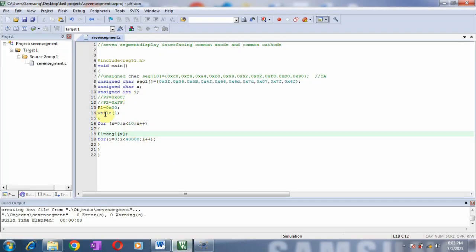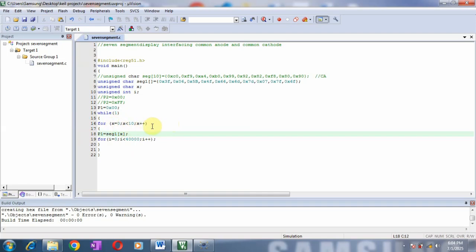Now let's see the code again. I have declared P1 equal to 0x00 because by default the port of 8051 will contain all FF. So first I have sent all zeros to the port P1 to make all the LEDs or all the segments off. Then I have used a while(1) loop because I want to display the numbers continuously from 0 to 9 and again from 0 to 9, so that process will repeat continuously.